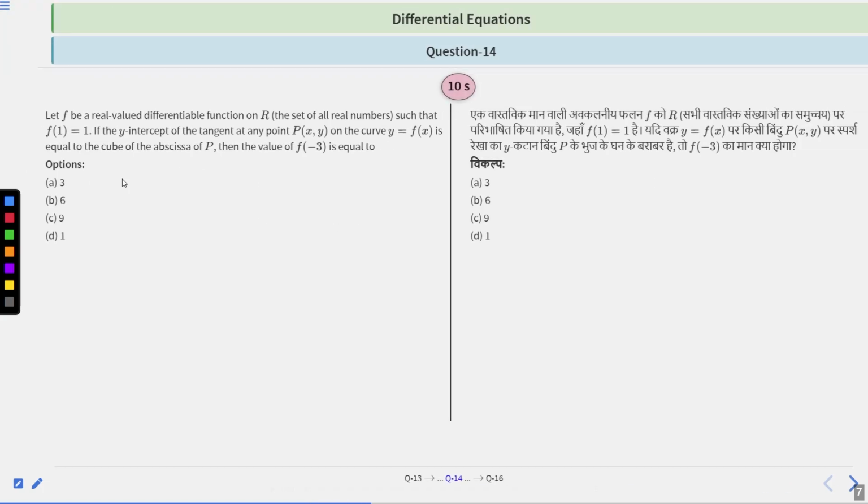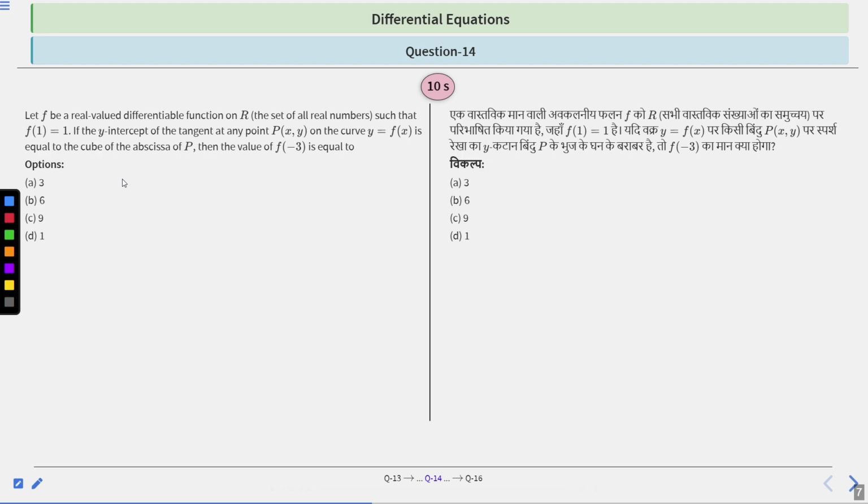Okay, let's move to the next question, question number 14, which says, let f be a real valued differentiable function on R, that is the set of all real numbers, such that f(1) is equal to 1. If the y-intercept of the tangent at any point P(x, y) on the curve y is equal to f(x) is equal to the cube of the abscissa of P, then the value of f(-3) is equal to,